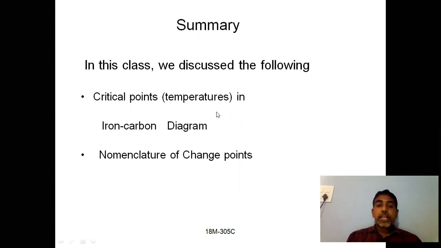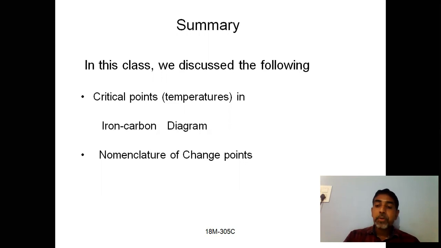In this way, we are classifying alloys of iron carbon into steels and cast irons. We can call them steels up to 2% of carbon. If it is more than 2%, we call them cast irons. And later we have classified eutectoid steels. So what is meant by eutectoid steel?